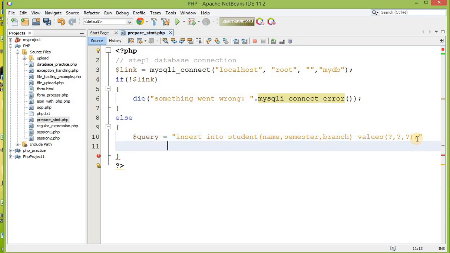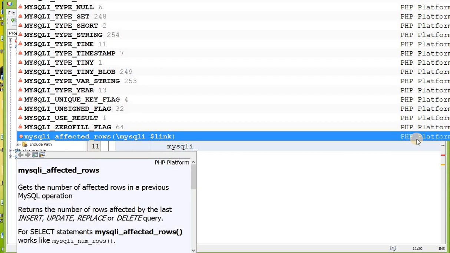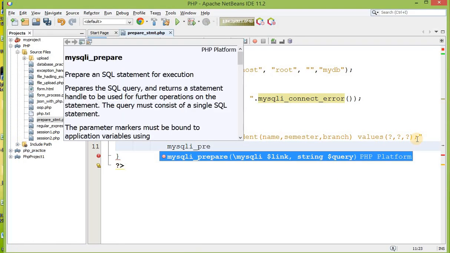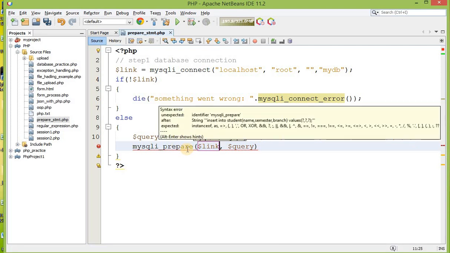Done. Now what I am going to do is mysqli_prepare. This method will prepare the query, ready for its execution.